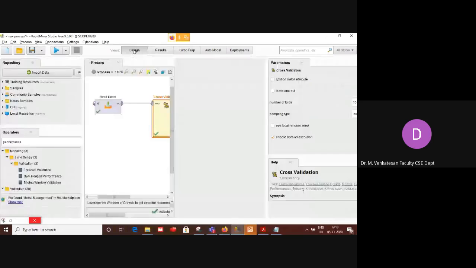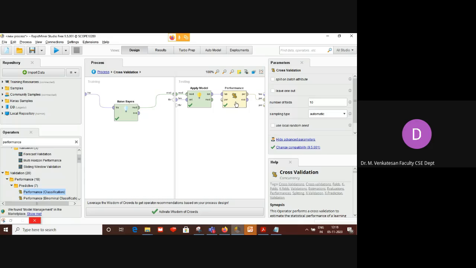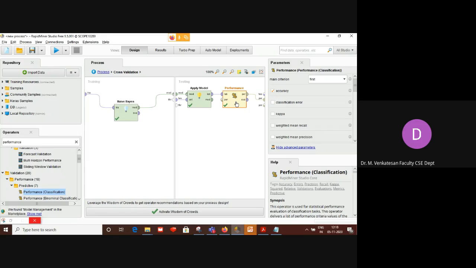Go back to the design. Click the cross validation. You keep your cursor on performance. You can see here, I have selected only accuracy. But there are various measures to evaluate the performance of the classifier. Accuracy, classification error. What is classification error? Classification error is nothing but 1 minus accuracy. So if you are getting 80% accuracy, then the remaining 20% is the classification error.